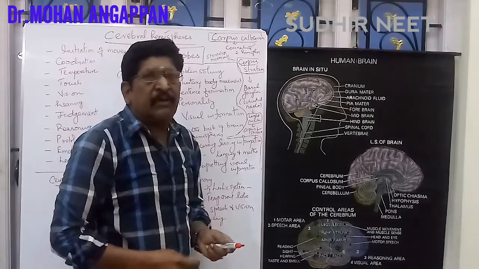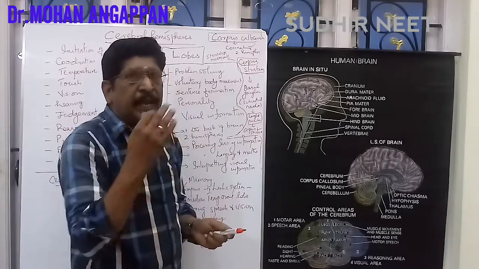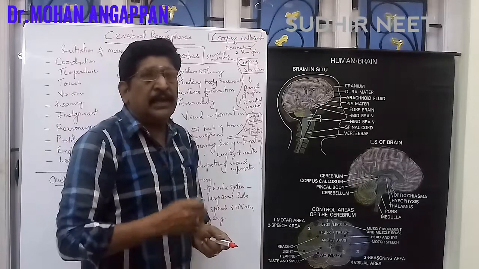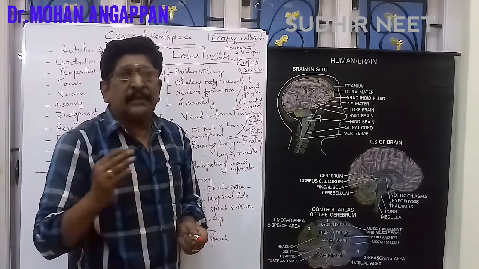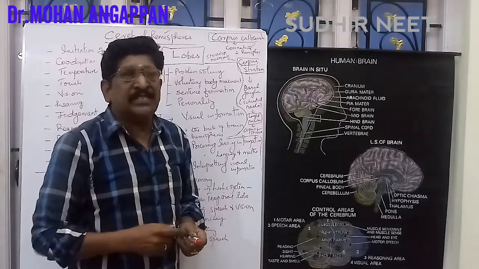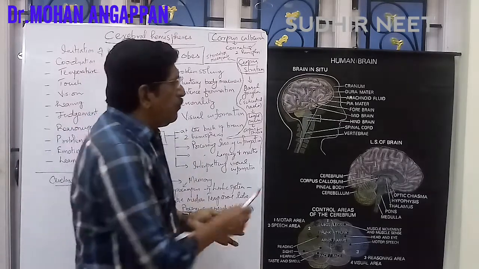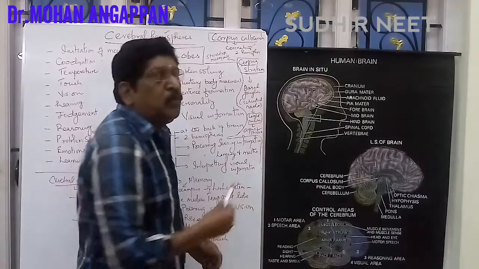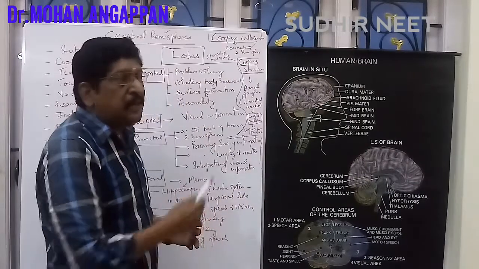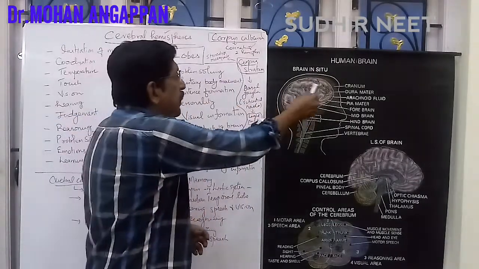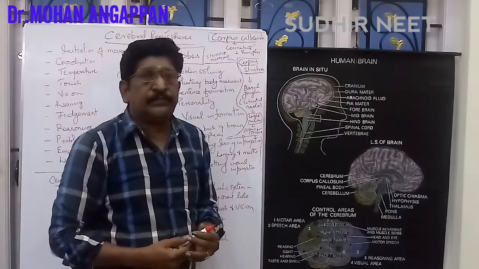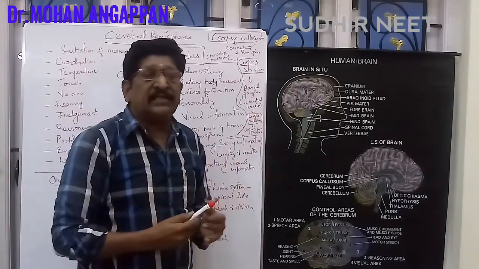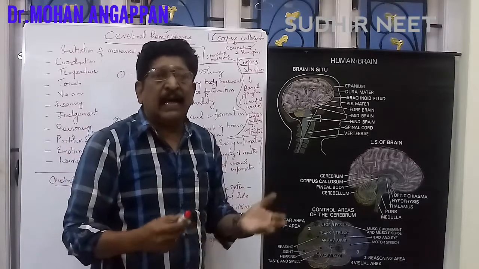The brain is made up of three parts: forebrain or prosencephalon, midbrain or mesencephalon, and hindbrain or rhombencephalon. The forebrain consists of two parts: cerebrum and diencephalon. Diencephalon consists of thalamus, hypothalamus,